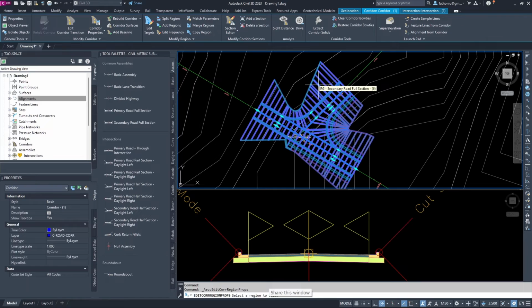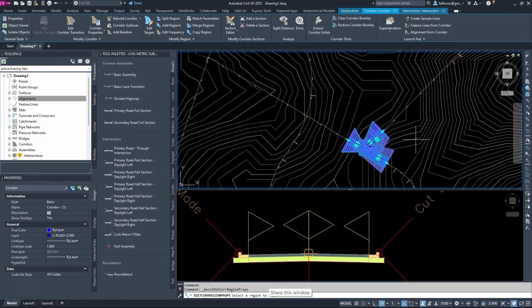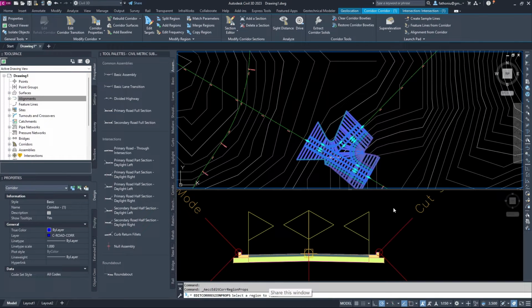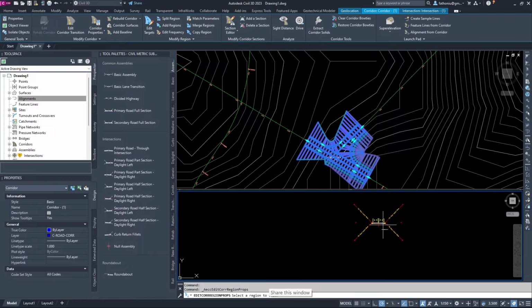There are 2. And then this one, secondary road full section. I think this one is the secondary road half section daylight, only daylight left. Okay, anyway, so we have several regions, 7 maximum if I'm not mistaken. All 7 regions have their own assembly. You can see we count 1, 2, 3, 4, 5, 6, 7, so 7 assemblies.